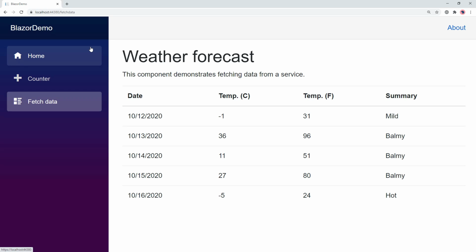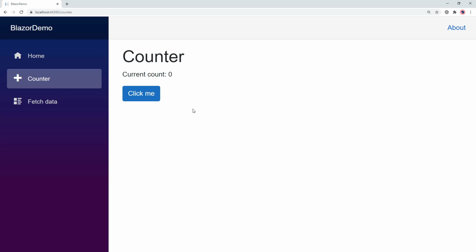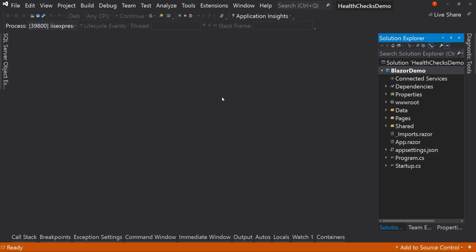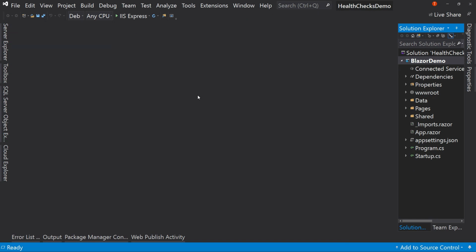Well, that's a type of health check where it just says, is it running? But there's a lot more to it than just is it running, because maybe the site is running, but the database isn't. Or like I said, maybe we have logging going on behind the scenes to make sure we log any exceptions, but the log system is down. And if the log system is down, it probably won't crash our application. It shouldn't. So therefore, we're running without catching any of our exceptions. That wouldn't be good, but we can't see that by just going to the site. That's where health checks comes in, and that's the kind of things that we're going to look at in today's